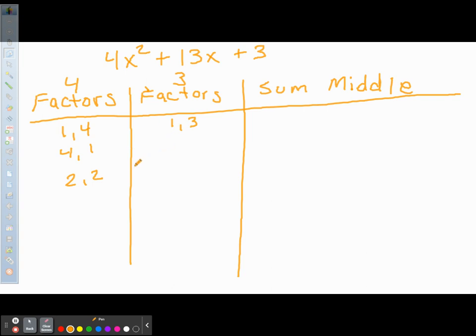I need to add another 1, 4 here. Because I can still do 1, 3. So 1 and 4 with 1, 3, and then I could have 1, 3 again. And then for 2 and 2, 1 and 3. Okay. So we have to add the 2 first, or the 2 factors? You don't do anything yet. Right now you just write down your factors. Okay. So what this one right here represents, this would represent,